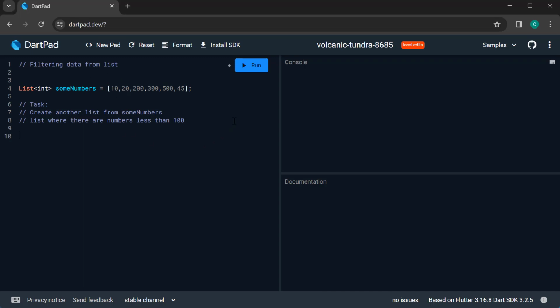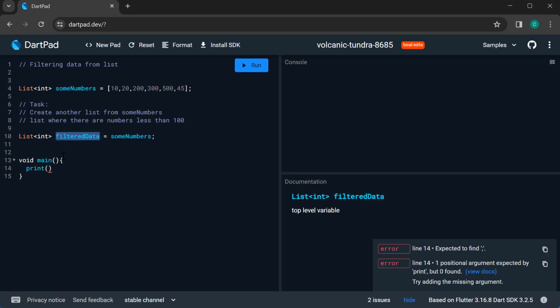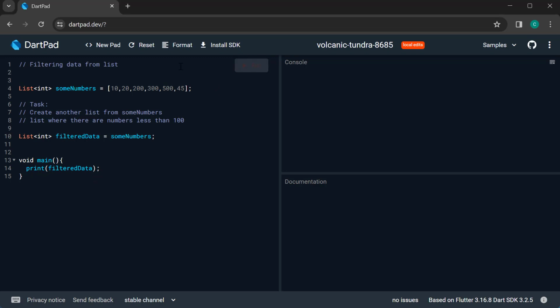So let's go ahead and create another list. So list, it will hold the integers and the variable name will be filteredData. For now, I will be just assigning these some numbers to this filteredData. Alright. So let's create an entry point. So void main, and then I will be printing this filteredData over here. So if I run this code now, then I will be getting all the data from these some numbers in